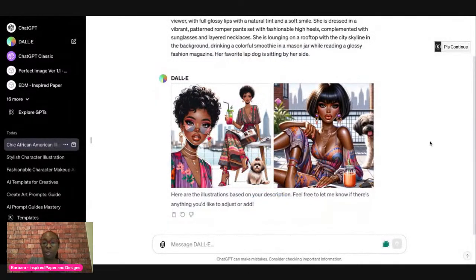So this is one particular style with that image. What I want to do, because I think a lot of us are familiar with the chibi style, is say, this looks great. Hold on, let me go back. Typing kind of fast. This looks great. Can you create more?